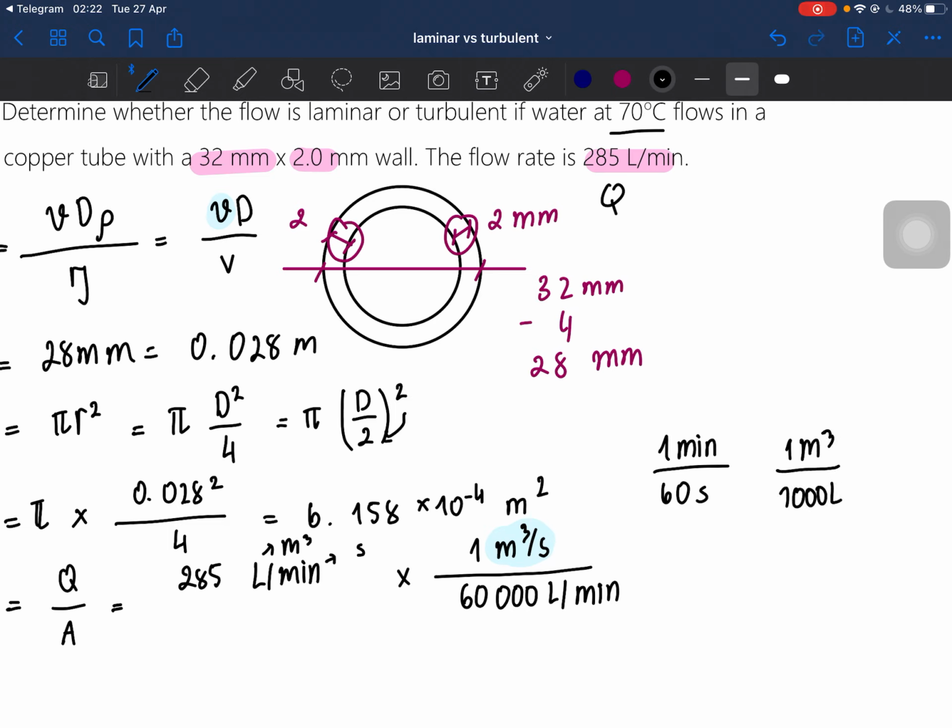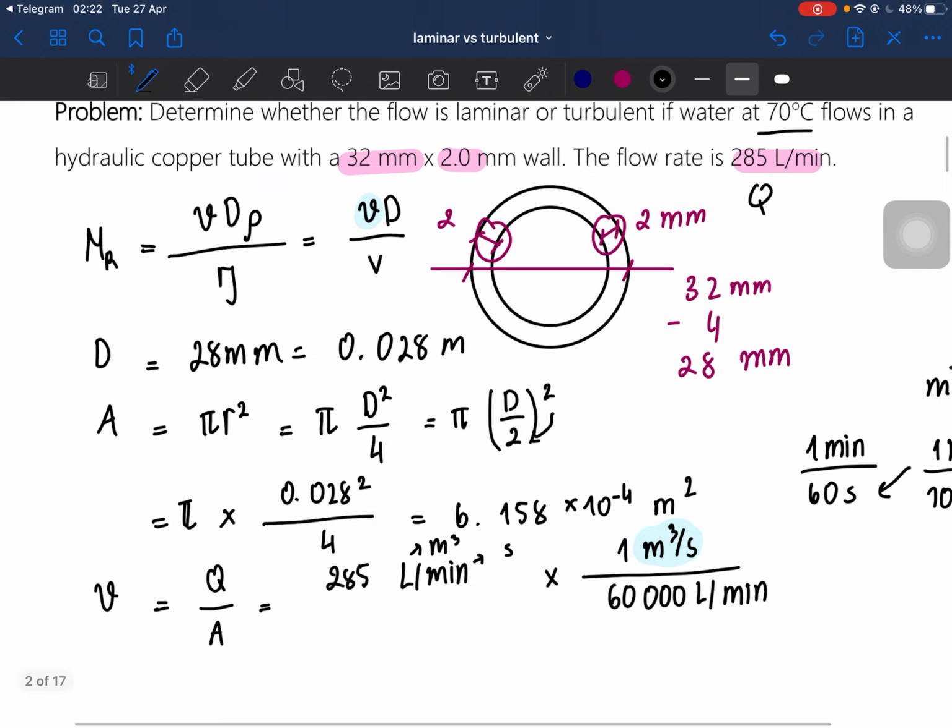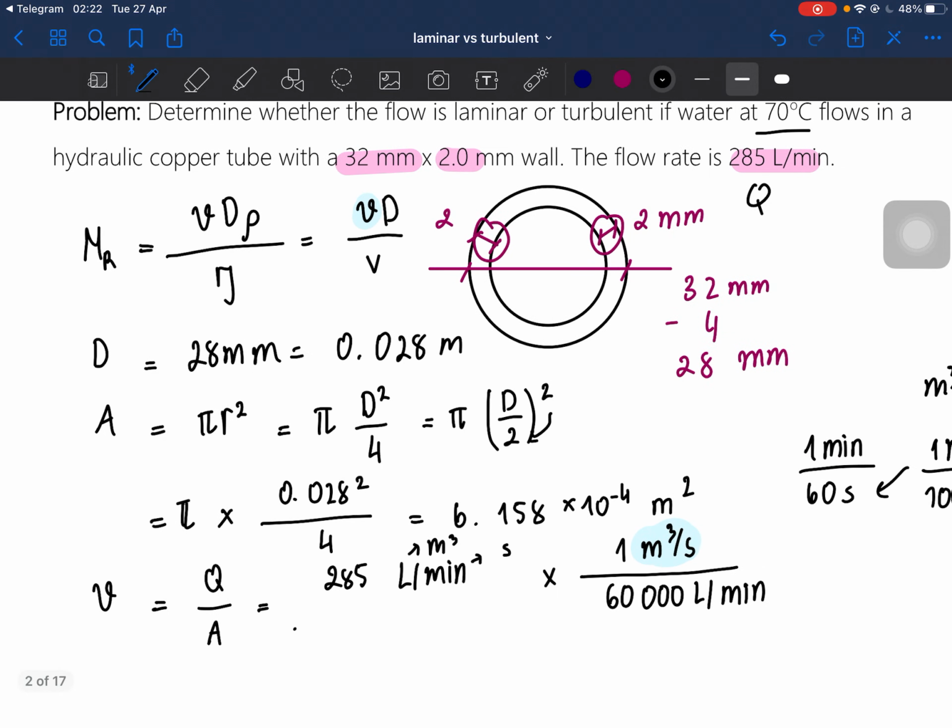Yep. Okay, so that's right. And then we can get this 1 meter per second here. Okay, so now A that we found earlier is